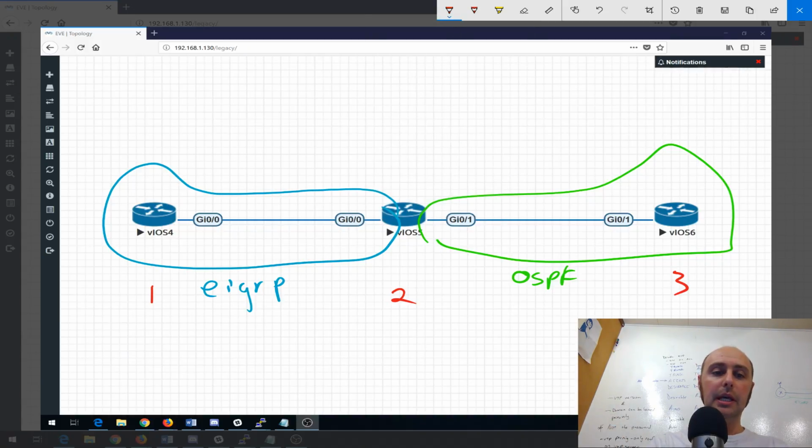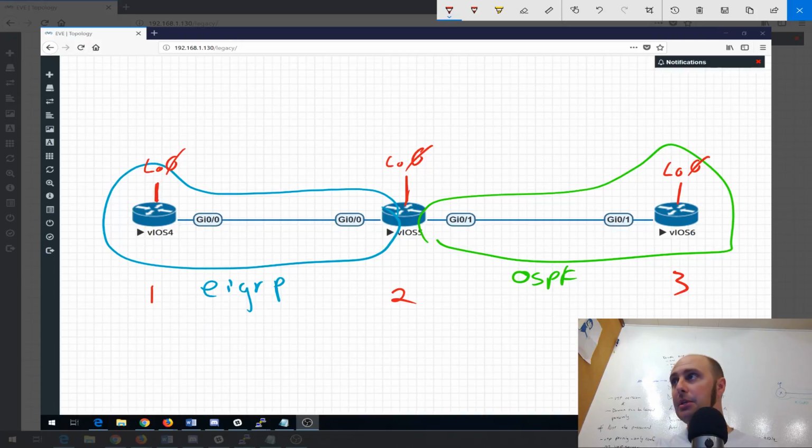Also, I want to mention that each router has a loopback interface, which I'll draw as a little stem, and that is loopback 0 on all of these routers. Same topology I was working with the other day. The other day I did it in GNS3. Today I'm doing it in EVE-NG, just because I like to flip back and forth regularly. So what I have here is,